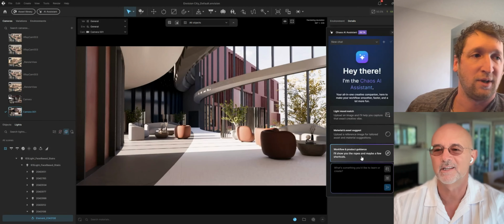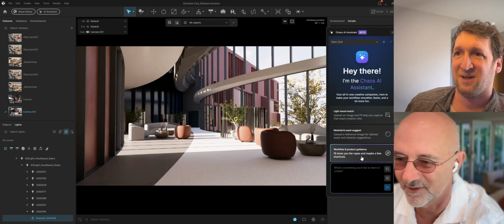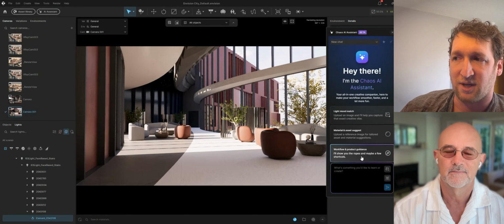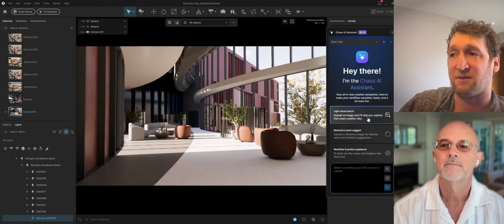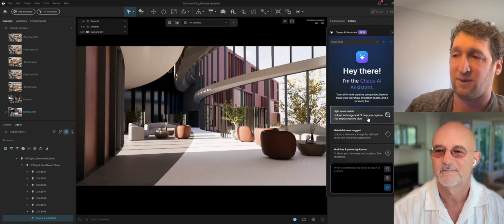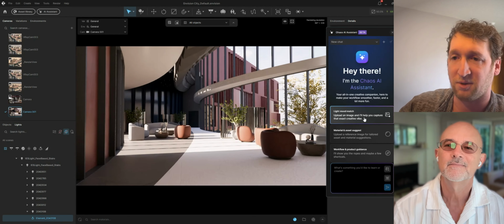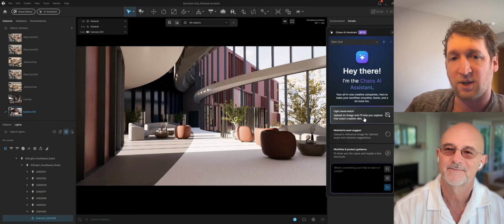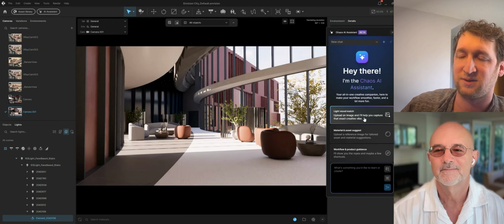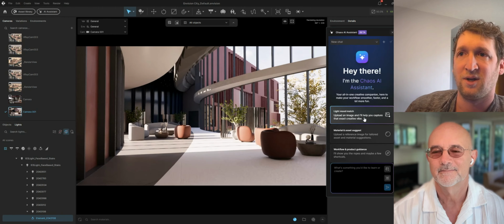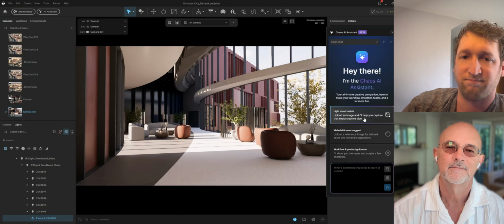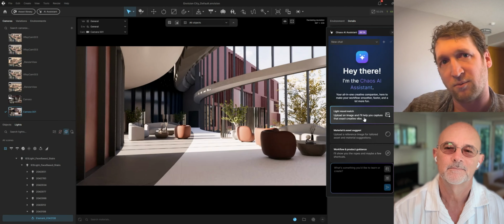So you're not going over to the internet trying to search, how do I do this thing, finding the web page. It's where you need it. Exactly. It's all right inside of there. And what's really cool too is, if I have a photo with some really nice colors and lighting that I really like and I want to replicate that, I can do this mood match and upload the photo, and it'll create a new lookup table file for me, so color correction settings and things like that, and also find me an HDR file that will be in the scene as well. Nice. So more things like that, and more tighter integration with the Enscape engine and that workflow there.